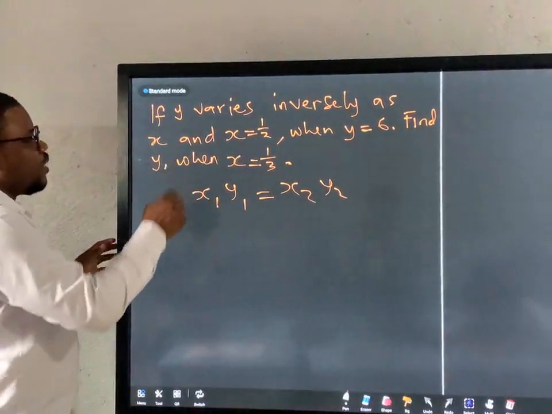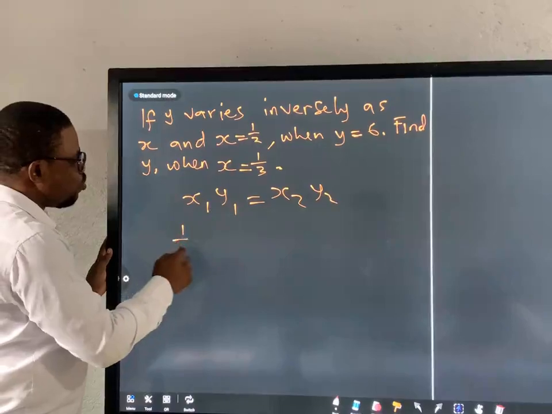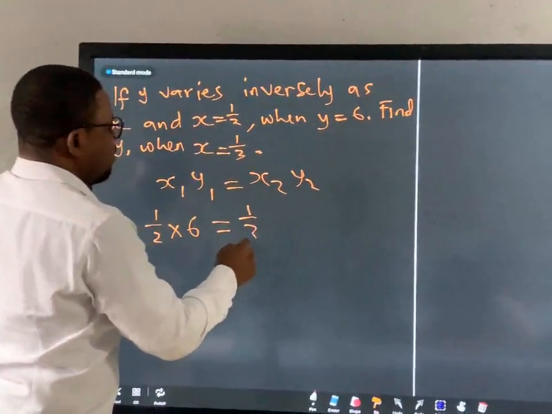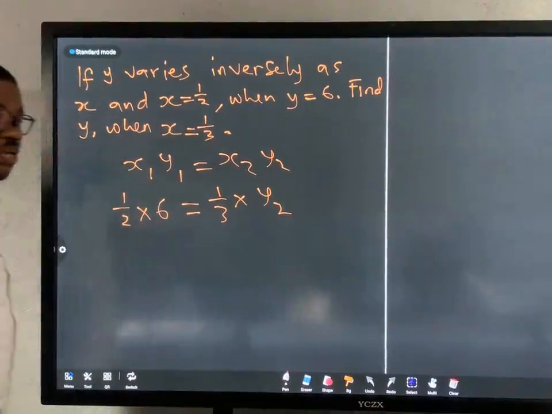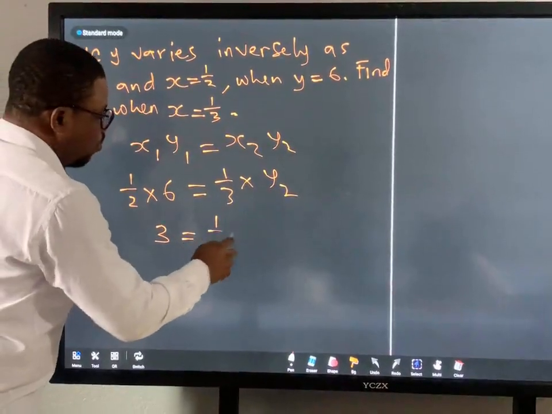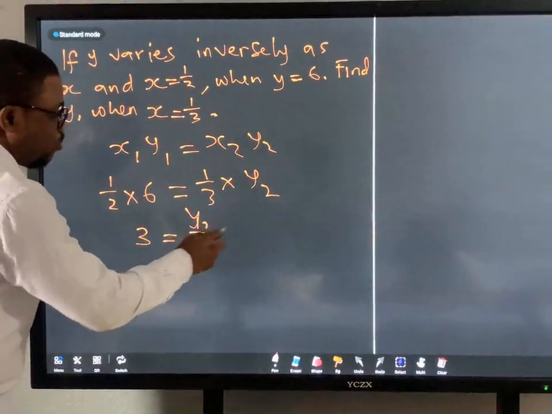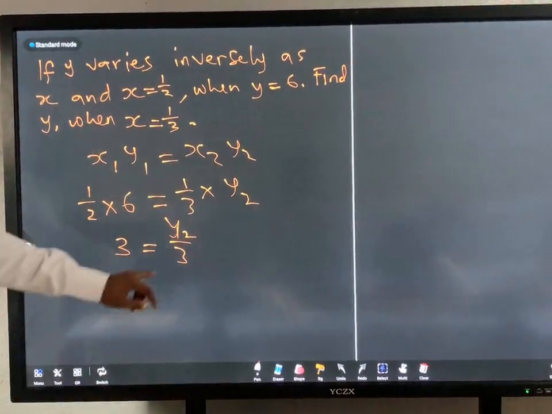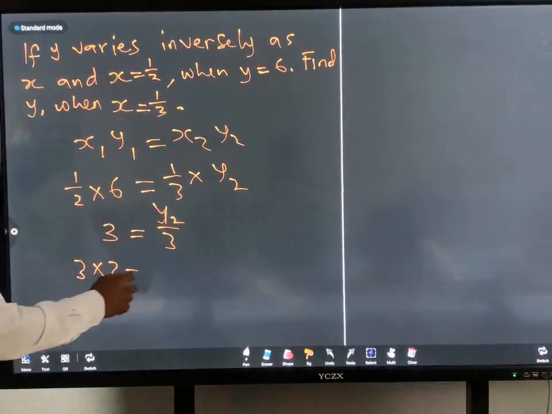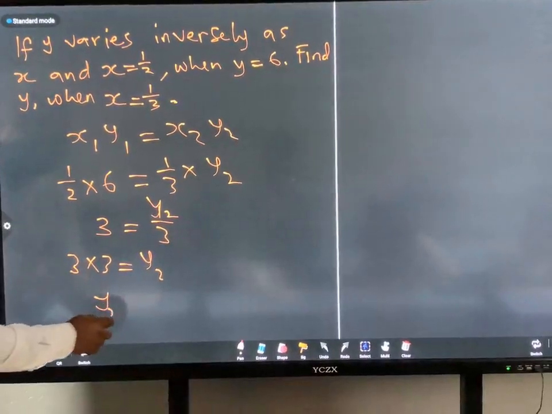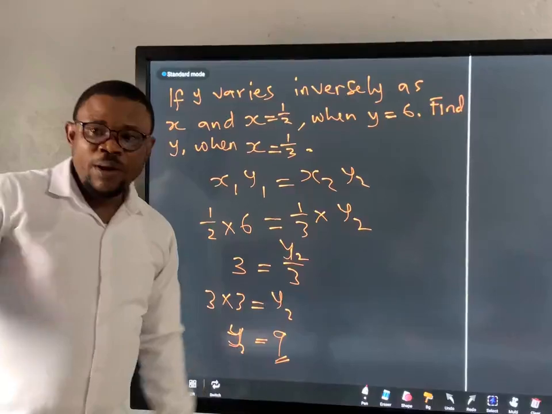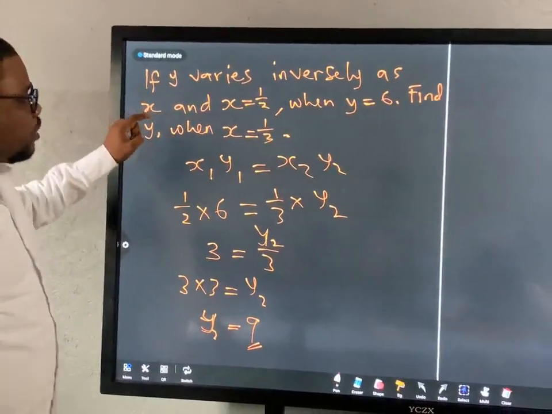So in this case, we get 1 over 2 times 6, equal to 1 over 3 times y2. When we multiply this together, we get 3 equals y2 over 3. If I take this to this side, I will multiply, right? So I end up getting 3 times 3 is equal to y2, and then y2 becomes 9. Now, this thing may be a little stressful for you because we're just doing it for the first